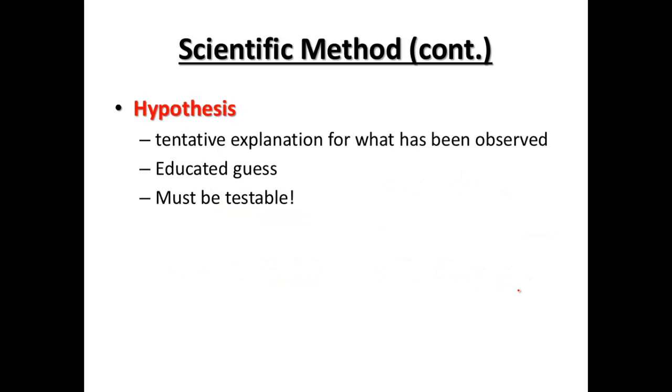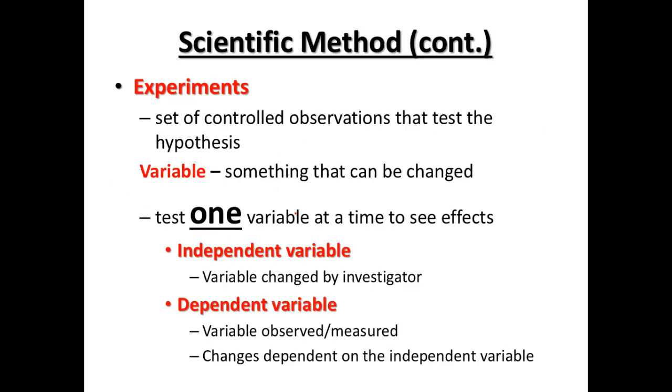Now your hypothesis, an educated guess, a tentative explanation for what is being observed, and it must be testable. We must be able to create an experiment for it. An experiment is a set of controlled observations to test the hypothesis. So we're going to look at variables. So what can we change during the experiment? And the key is that we can only change one variable at a time. If we change more than one variable, we don't know if there was any effect by which